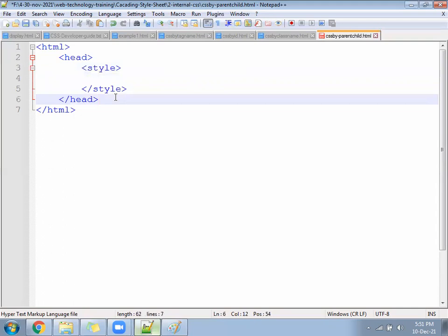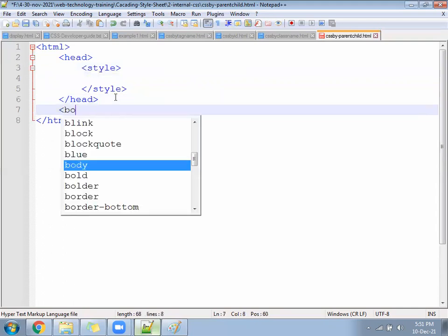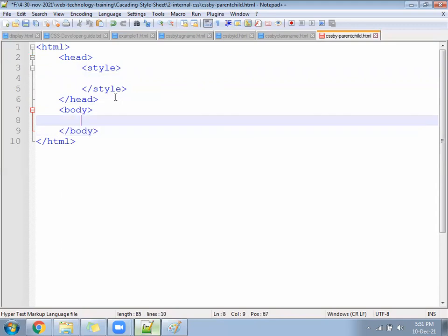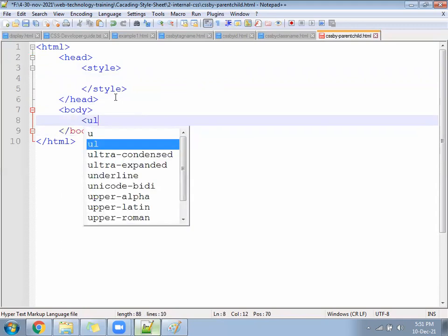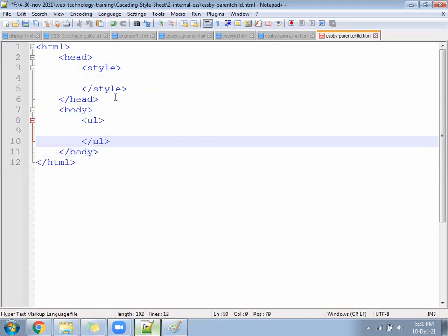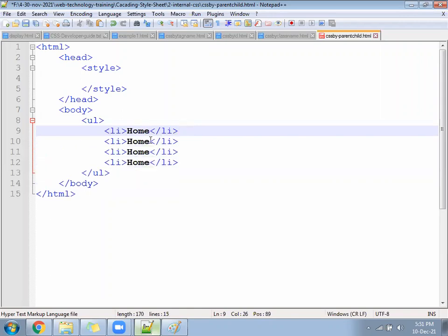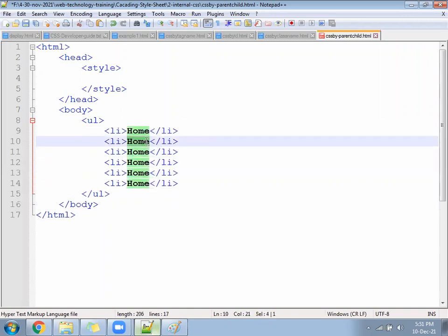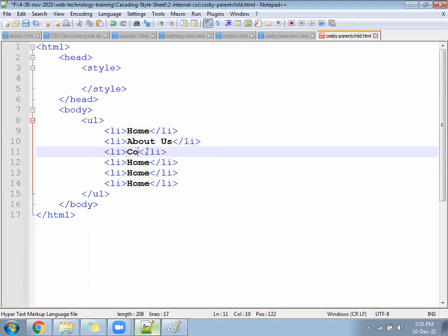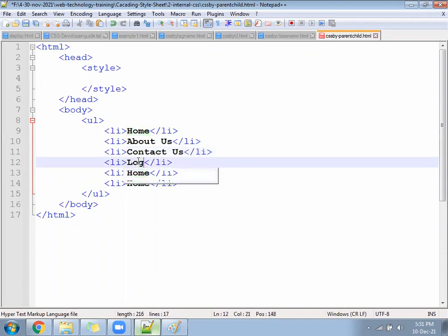Come inside the body. Division open close. Follow the UL tag open close. Follow the li. Keep something like Home, then 2, 3, 4, 5, 6. About us. Contact us. Login. Register.